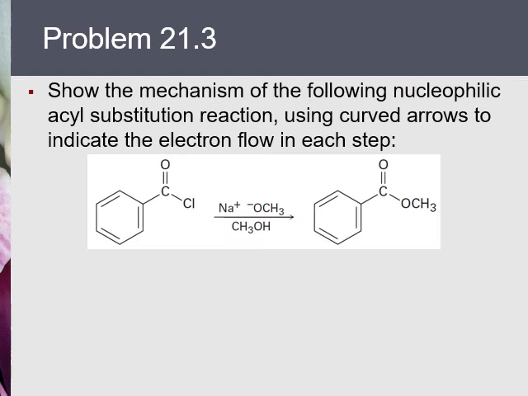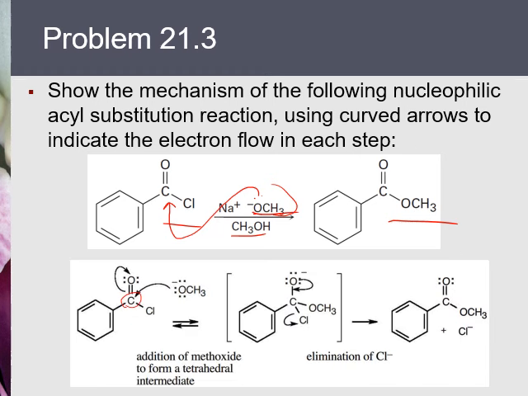Problem 21.3. Show the mechanism of the following nucleophilic acyl substitution reaction. So here is an acid chloride, and the nucleophile is methoxide in alcohol, okay, methanol. Alkoxide is a much stronger nucleophile than alcohol itself because it has a negative charge, and therefore it attacks the carbonyl carbon. Okay, so it's an alcoholysis reaction. It gives you ester. So the mechanism is the nucleophile attacks the carbonyl carbon and forms alkoxide. Okay, that's alkoxide, and